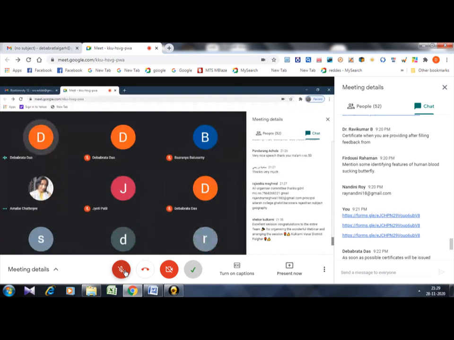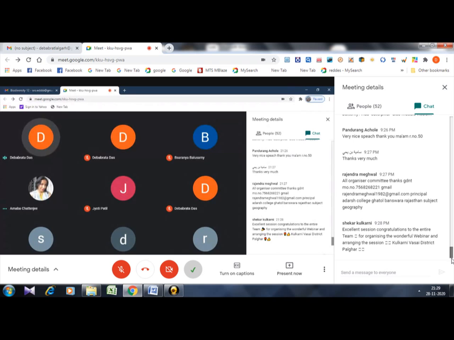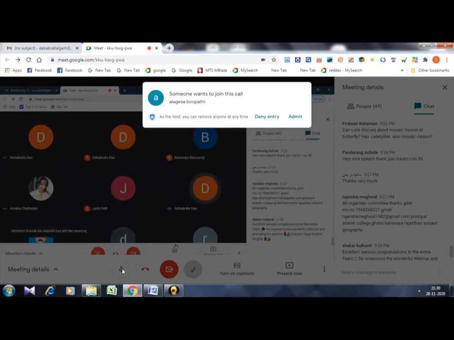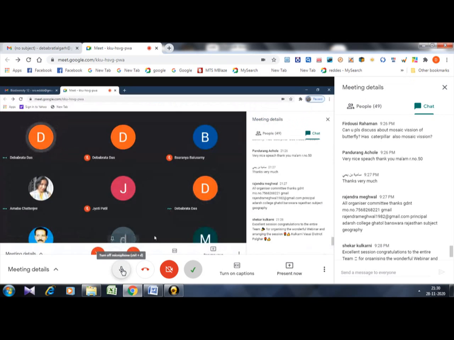So there is another question: do GM crops affect butterfly diversity? I don't understand that very well, I don't know much about agriculture. GM is called genetically modified organism. Genetically modified means hybrids and so on. Okay, so you explain. It can affect the butterfly sometimes.